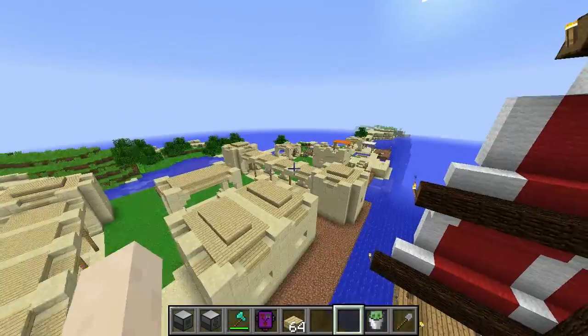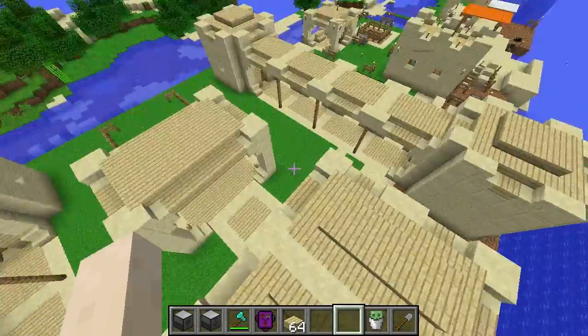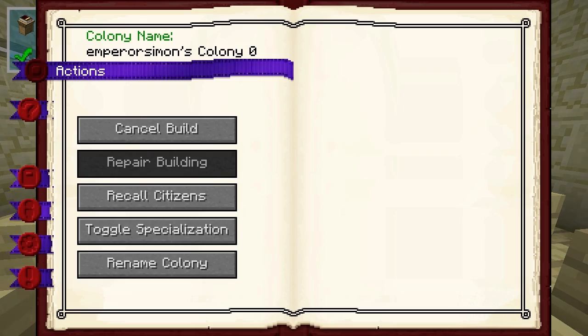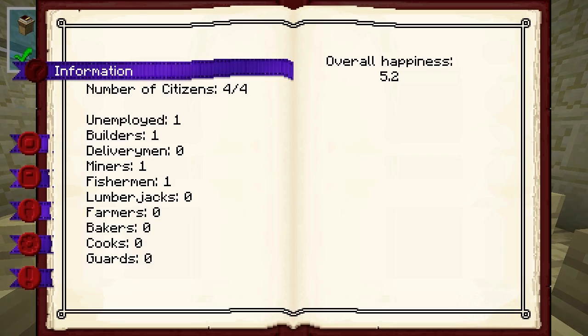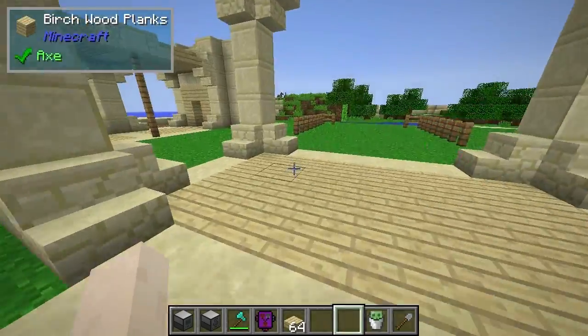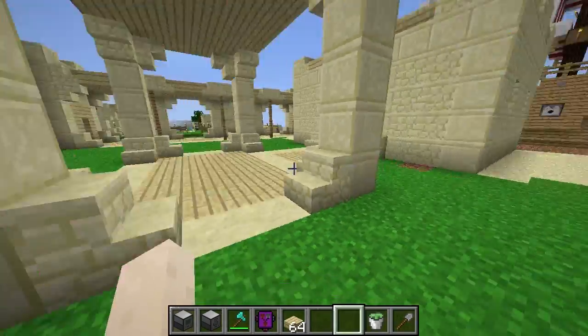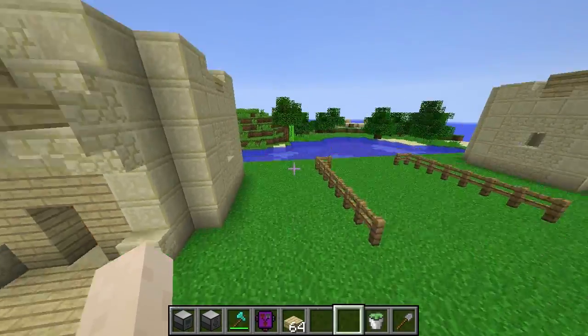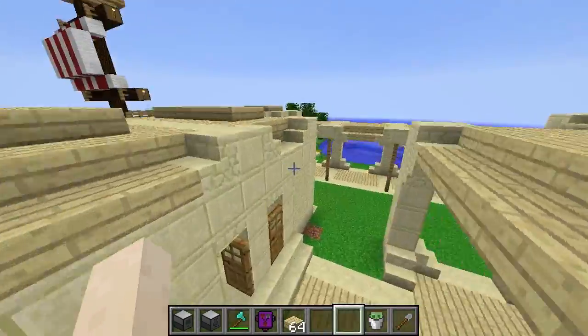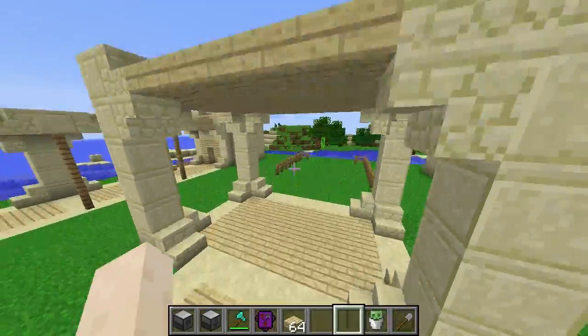But yeah, I'm curious what the overall happy. I will get back to the other stuff in a minute. 5.2. So, yeah, I will need to set up a lumberjack as well. There's various things I still need to set up. And I'm not sure if they're going to commune. One of the things actually is, where is the...